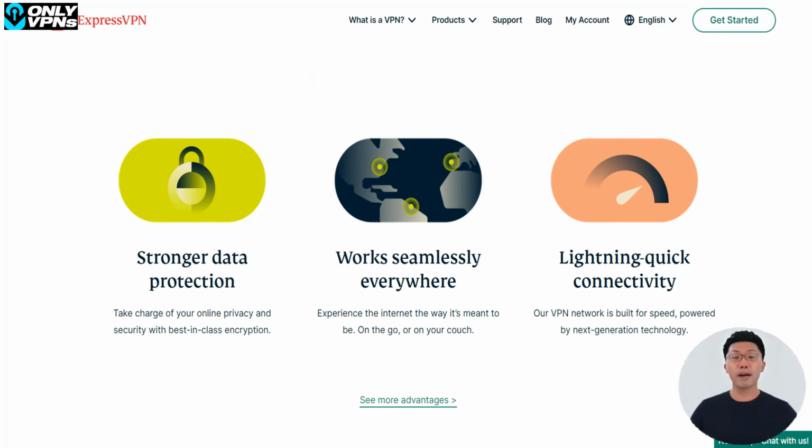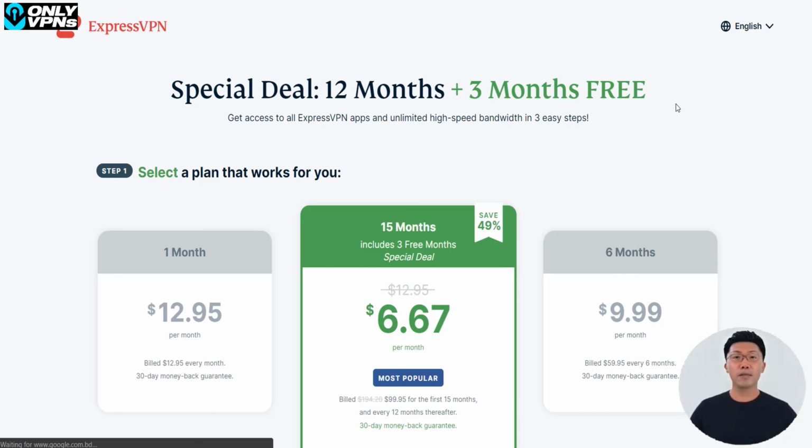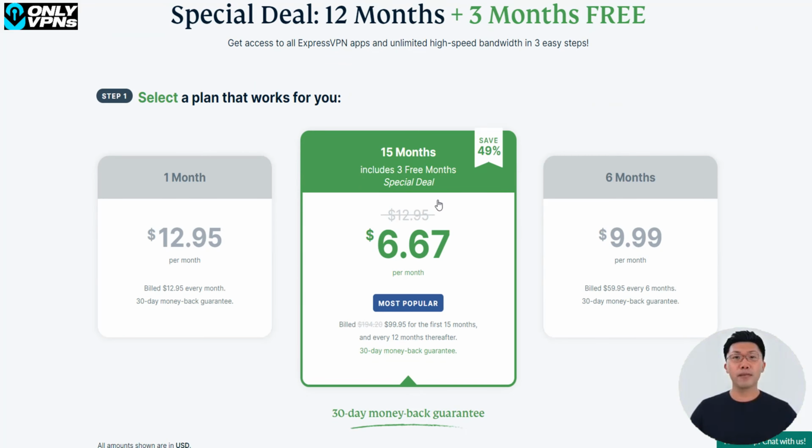Now, which plan do we recommend getting? Well, we recommend the cheapest one, which is the annual plan, where you also get a 49% discount and 3 months free on top of that. Plus, of course, a 30-day money-back guarantee that applies to all plans and lets you use ExpressVPN for free for the first 30 days. If you end up liking ExpressVPN, you can simply keep using it until your plan expires